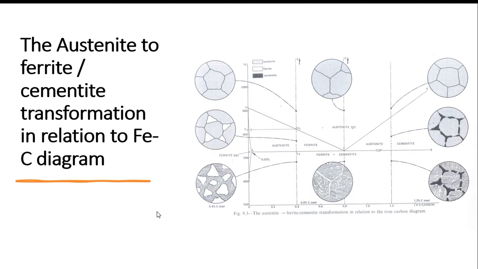Okay, I have just explained the structure changes, right? So if you go along with this line, this is the 0.8% of carbon. Here you have above 723 degrees Celsius, you have austenite. If you cool it below 720 degrees Celsius, you have pearlite, right, plus cementite. Cementite you can see very simply, but that is also a mixture, right? That is a vertical line. Only here you have two phase changes, structure changes. But here you can see in this line,